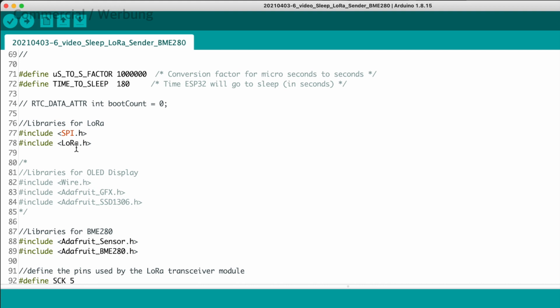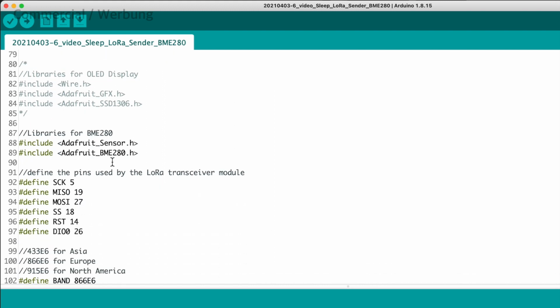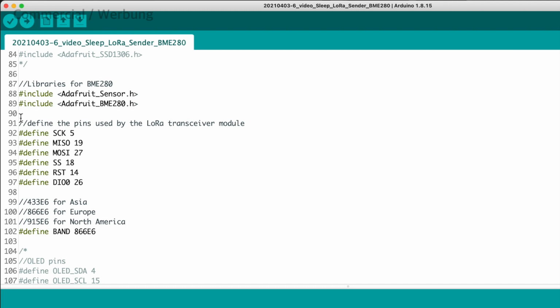In the top section of the actual code we find a lot of definitions. We need to have some constants defined, like the time to sleep. The include commands include libraries, in this case for our LoRa hardware and the BME 280 sensors.